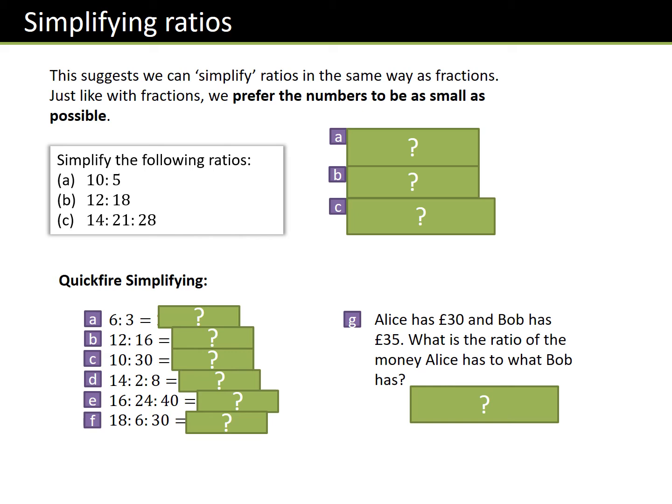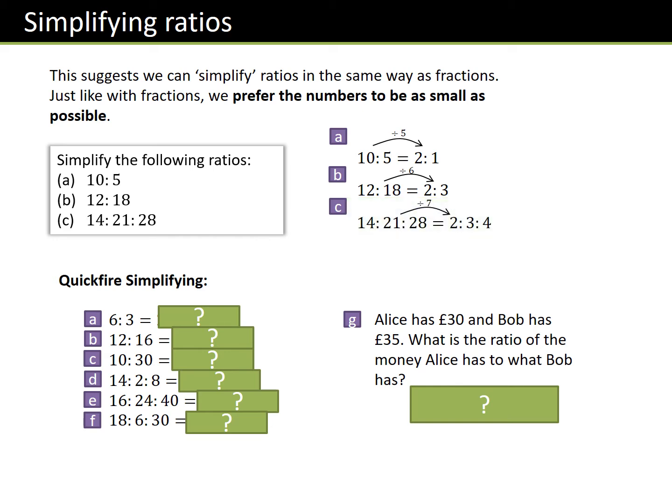Okay, so for A, simplify the following 10 to 5. Well, if I divide both by 5, I get 2 to 1. If I do 12 to 18, I can divide both by 6 and I can get 2 to 3. And 14 to 21 to 28, divide everything by 7, I get 2 to 3 to 4. So it's very, very much like cancelling fractions, except with fractions you can't have a double numerator or a double denominator. So if I have 6 to 3, I get 2 to 1, 12 to 16, 3 to 4,